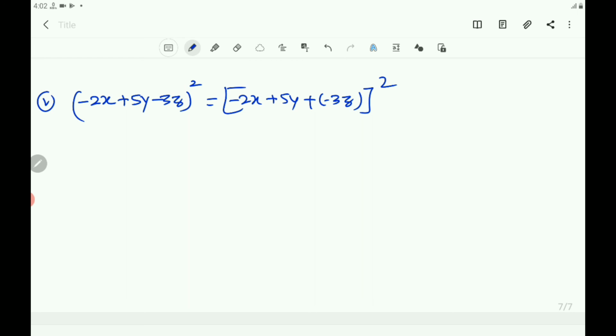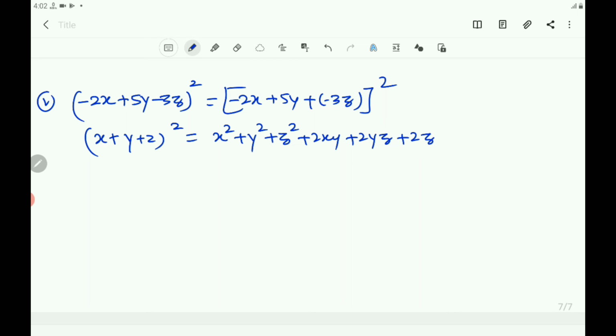Write the expansion of (x + y + z) the whole square equals x square + y square + z square + 2xy + 2yz + 2zx. Then you write (-2x + 5y + (-3z)) whole square